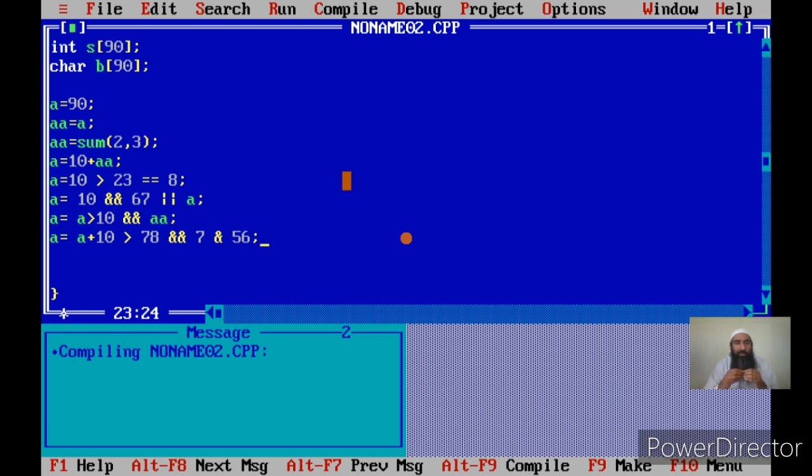Now how these expressions will be evaluated, or how the operators will be used in the operations, and what will be the results of these expressions, how do we know them in advance without actually making the program execute? That I can show you manually also, and later on you can verify the same sequence of evaluations on the system also.